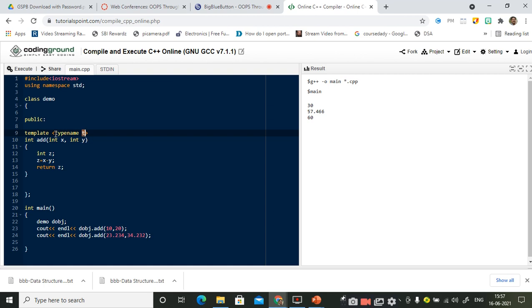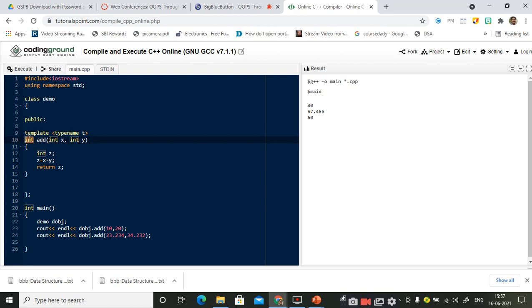So what is this typename here? It is a keyword which is going to accept the data type whichever the user has given, right? So if I give the value as integer, what happens to this typename? It will be converted into integer. So what happens to this T? It is converted into int, so the T can be treated as an integer data type. Am I right or not? Yes, sir. So instead of this typename, I can make use of this T.